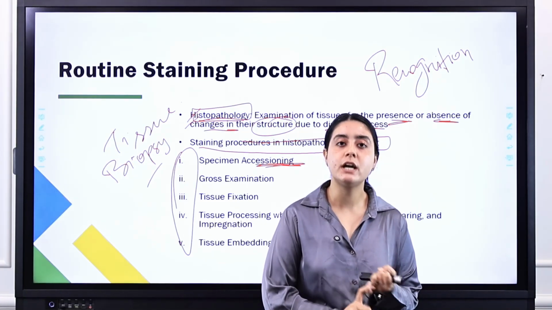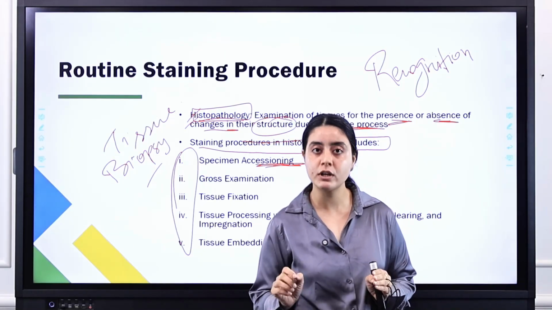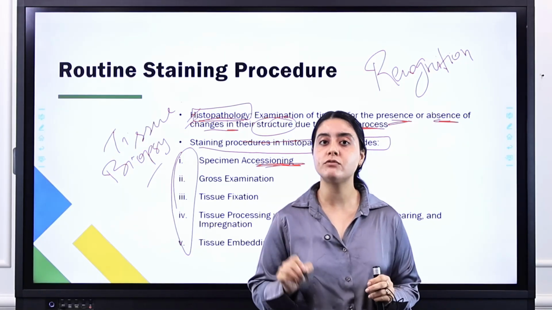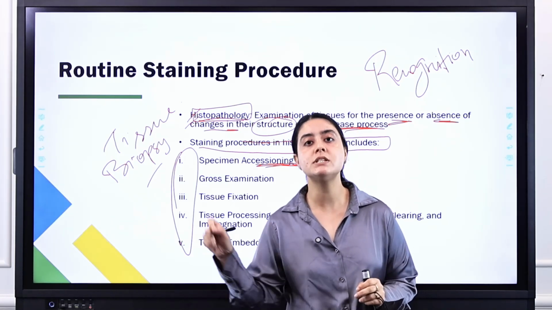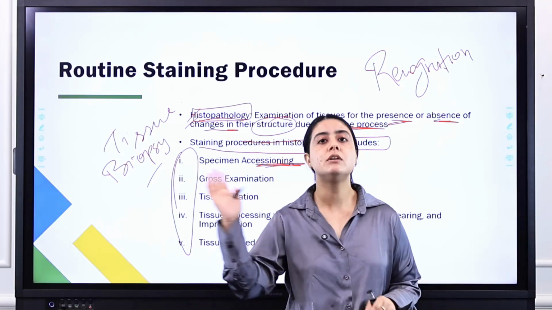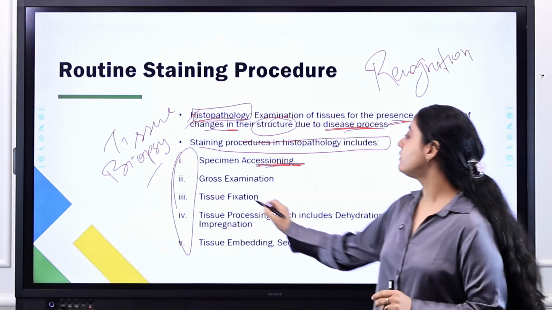Next, what you are going to check is whether there is any recognition form with the sample you have received or not, and then you also check that all the details are clearly filled in the form, with the stamp or signature of the particular physician, doctor or nursing staff. Okay, then what will be the next step?